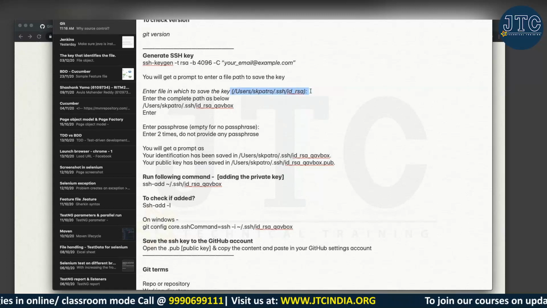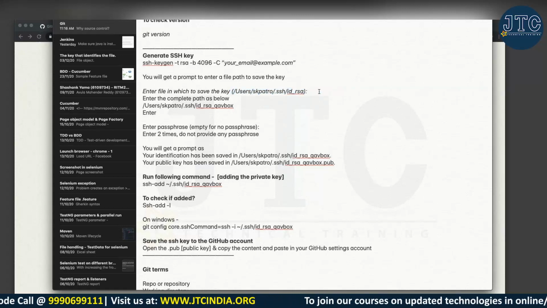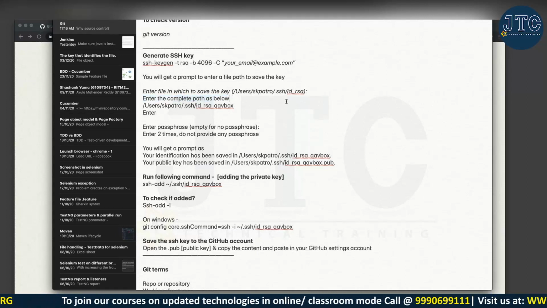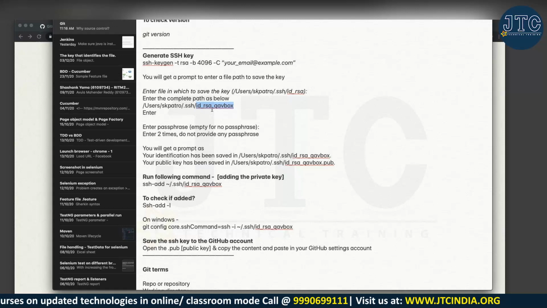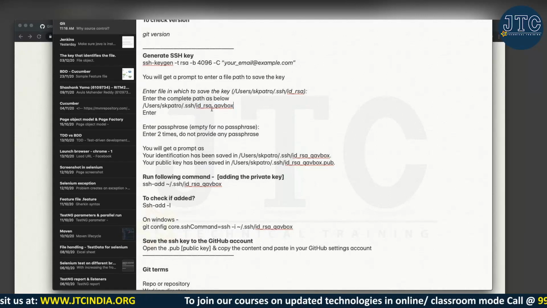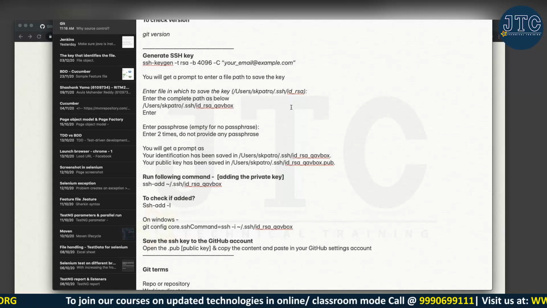Okay. So it will ask you to save the key into a particular location, so you need to provide the complete path. Now the path it is giving goes till this .ssh only. So here you can see I'm giving a separate file name, like id_rsa, because RSA is that algorithm. So for understanding purpose, I've given an underscore and a name, some account I'm giving here. Okay, any name. Like if your name is, let's say, Rupees, then you can just say id_rsa_Rupees. Any name you can give.